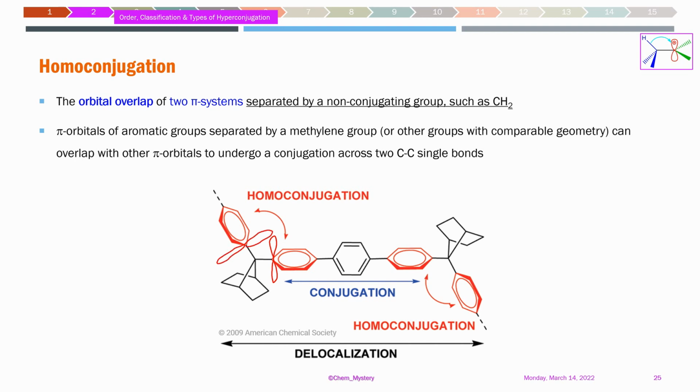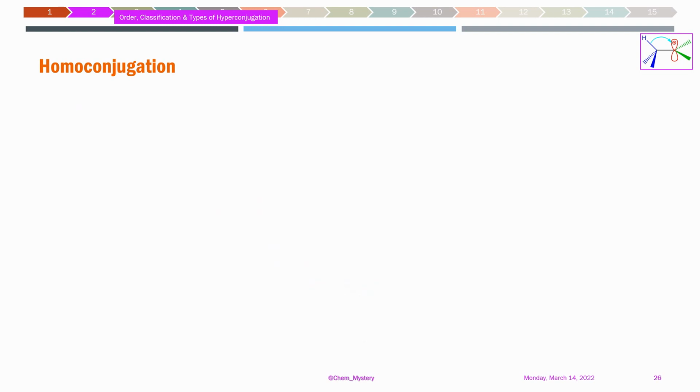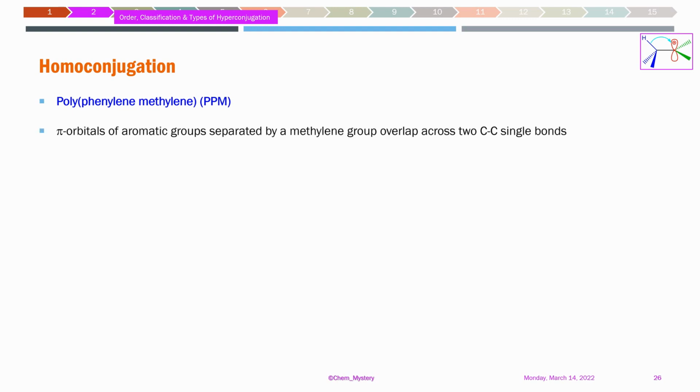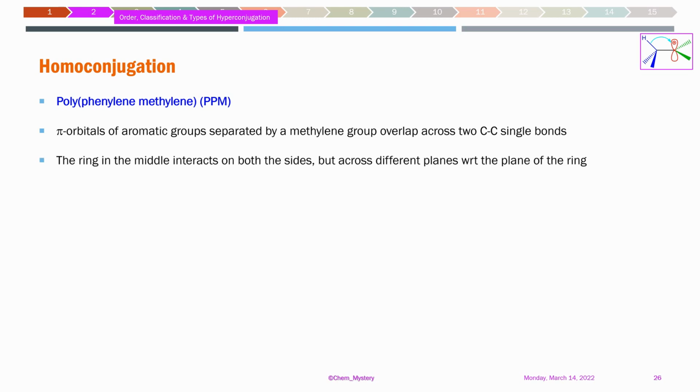This resin over here is going to be overlapping very easily. This is what we understand as one of the very famous cases of homoconjugation. One more example of homoconjugation is coming, and this is the situation where we have polyphenylene methylene compounds. These are basically polymeric species, and homoconjugation can be stabilizing these molecules to a much better extent than we